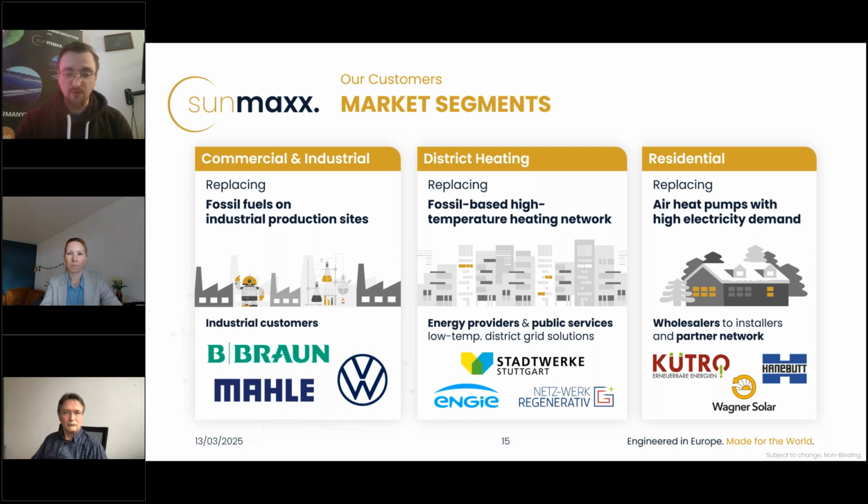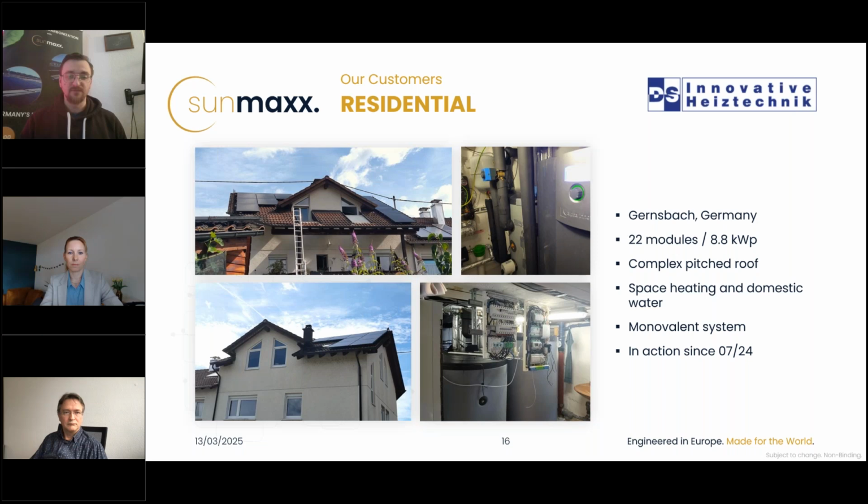Now let's take a look at our reference buildings, in which market segments we can use our PVT. Let's say everywhere. Commercial and industrial buildings, district heating, where we can even use our modules in a free field plant, or of course residential single family homes and multi-family homes. Everything is possible with PVT, and we start with a very small project so that you can imagine how this could work. As we see, we have the PVT modules on the roof.